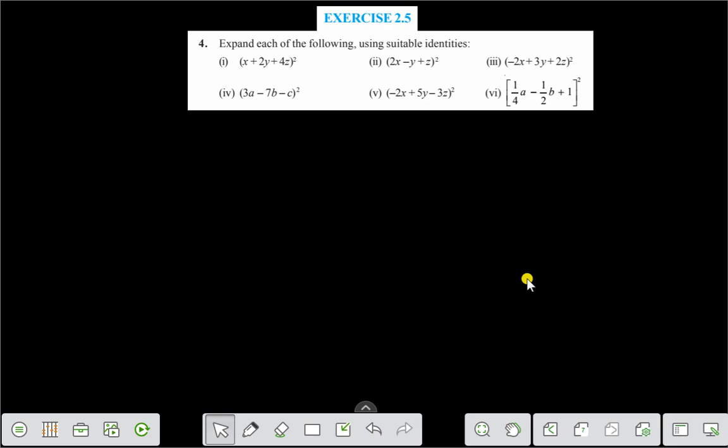Hello everyone. Today I'll discuss exercise 2.5 question number 4. Expand each of the following using suitable identities. Let us find question number 1. Here you see question number 1 is